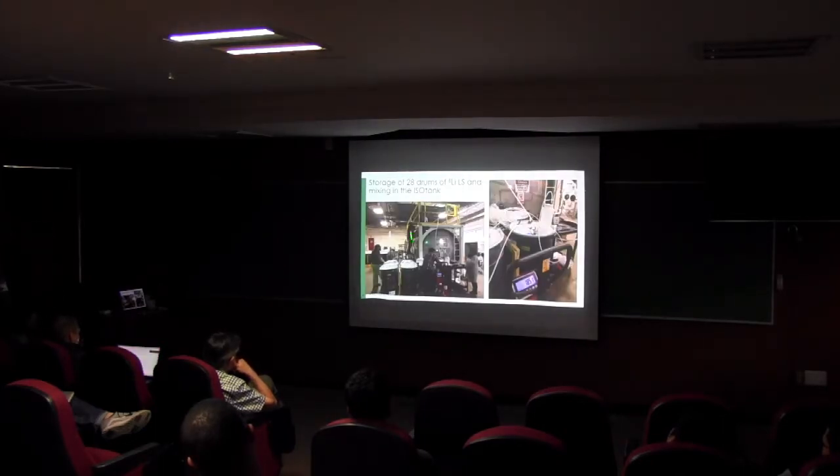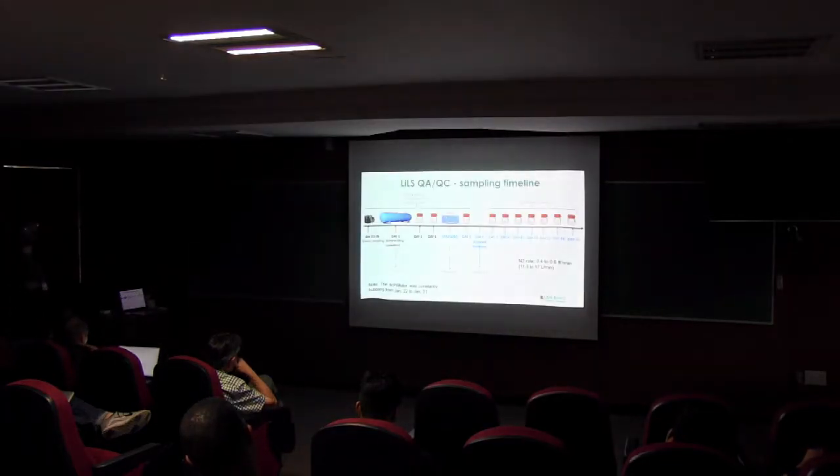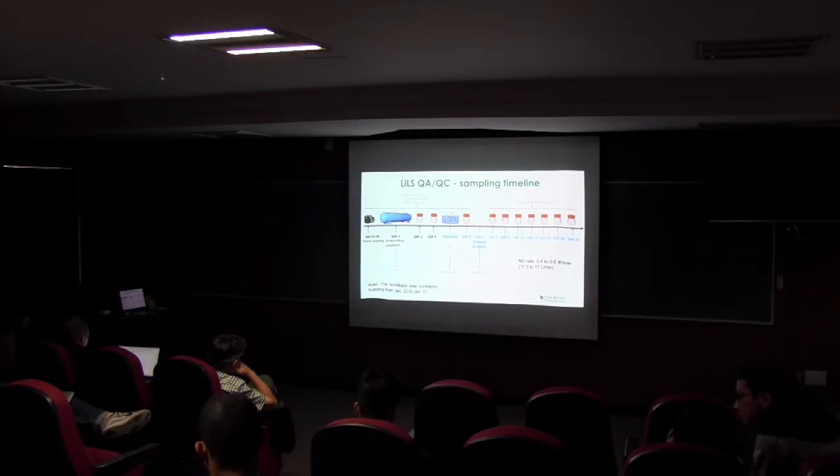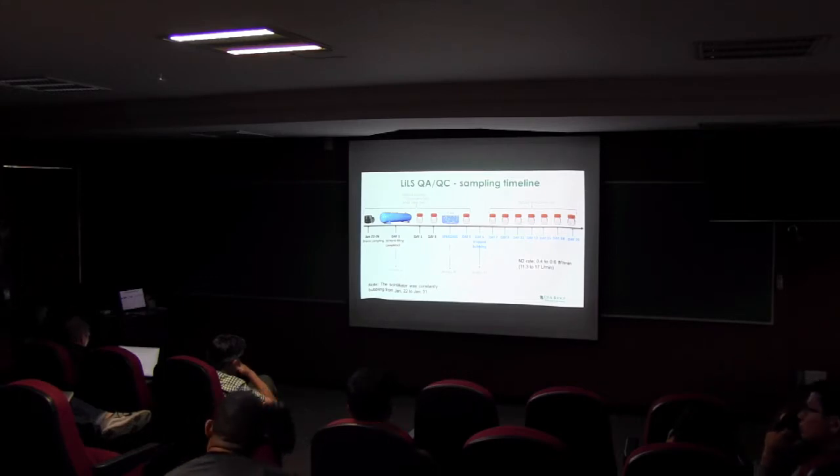Again, some of my students received the liquid scintillator from Brookhaven. We kept it on nitrogen gas for a period of time. We were very careful in terms of weighing the masses, etc. There are a lot of processes in terms of quality control and quality assurance on the optical properties of the liquid scintillators. Liquid scintillators are a pain because they can be very sensitive to various environmental conditions,